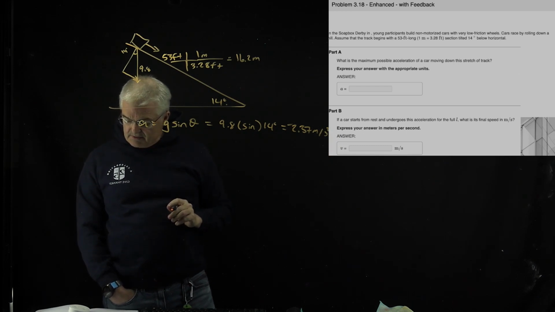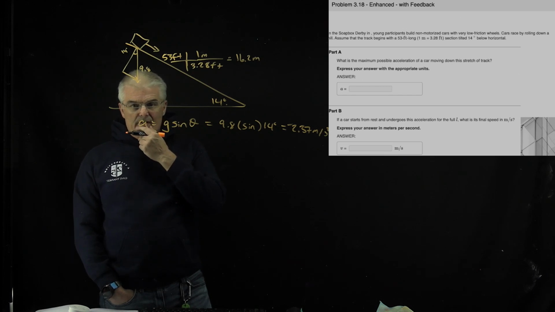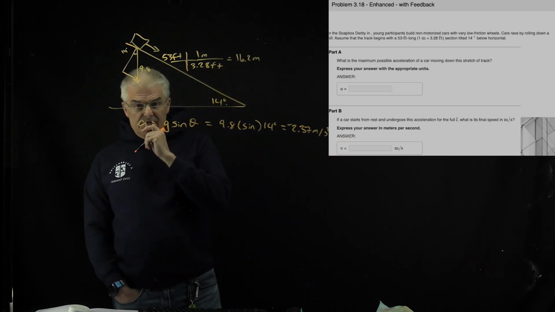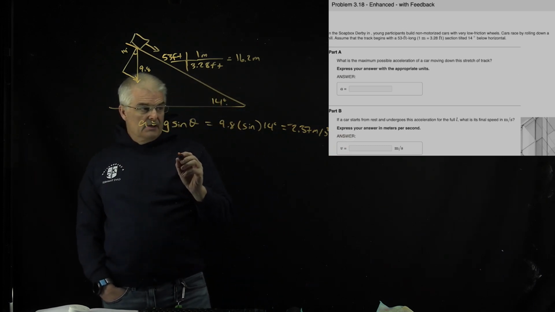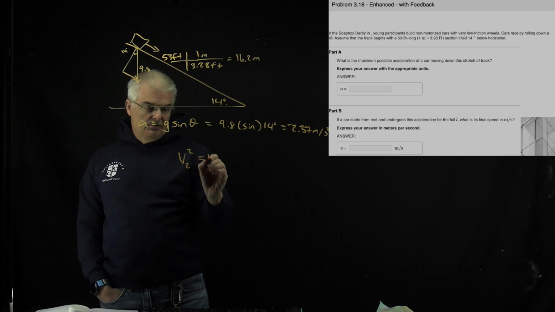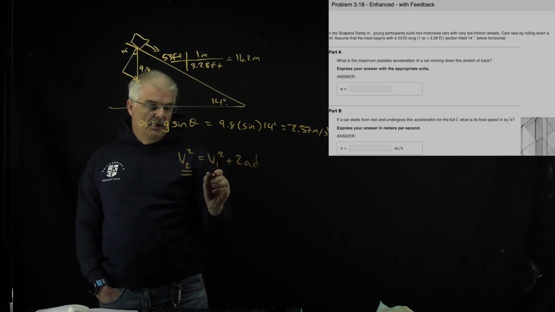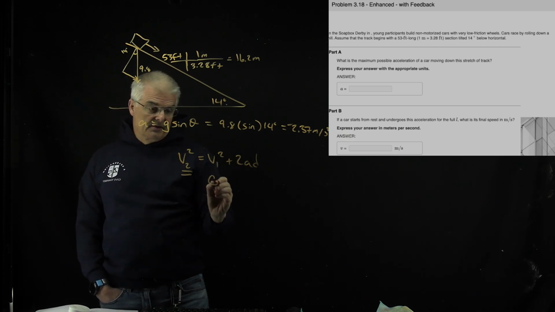And I'm asked to solve for the final velocity, right? What is the maximum possible acceleration? This is the answer to A, isn't it? For B, it's what's the final velocity. So one of the kinematics equations is v2 squared equals v1 squared plus 2ad. You're solving for v2. You know v1 is 0, right, because it's starting at rest, plus 2 times